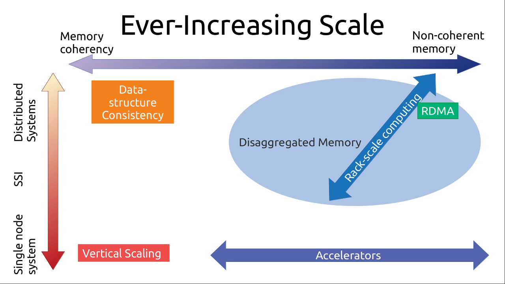In the top left, we see something that I'm loosely terming as data structure consistency. On a distributed system, we don't actually have memory coherency, but operations like Paxos and Raft will try to make it seem like replicated data structures actually do have some consistency about them. So I'm using the term coherency and consistency as somewhat related.